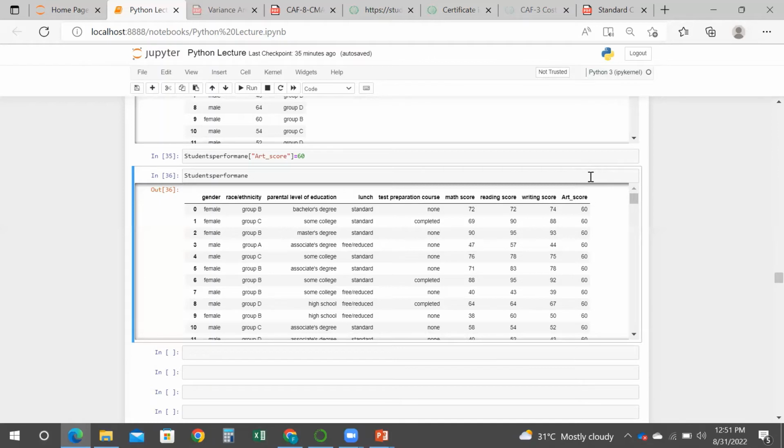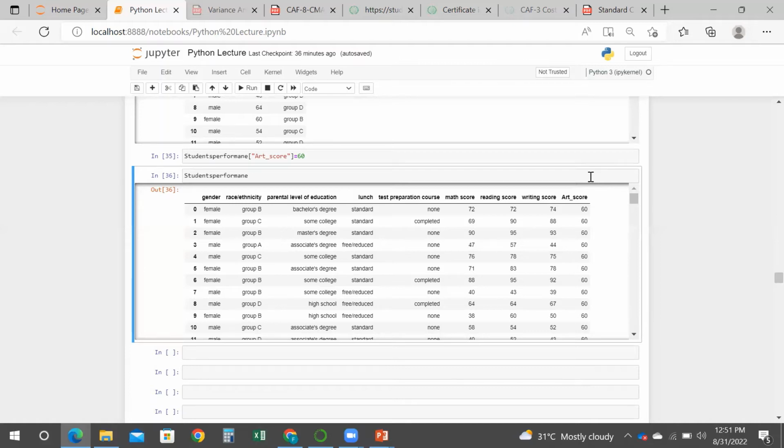All the scores should be random numbers in this range, from 0 to 100. To do so, we will have to use the NumPy library,